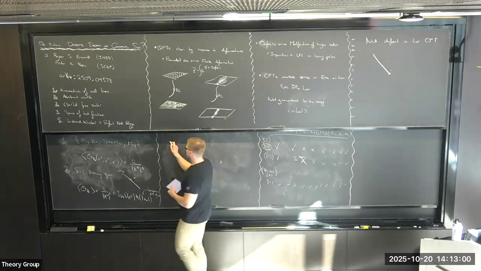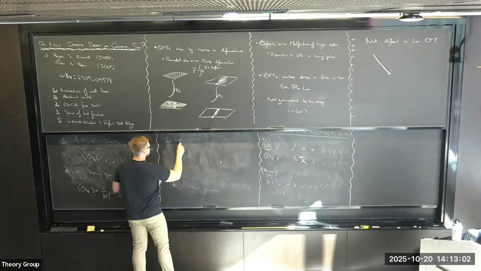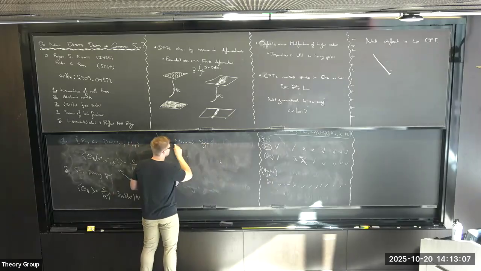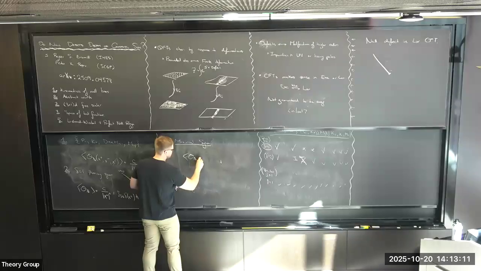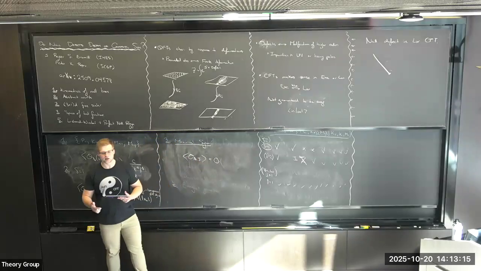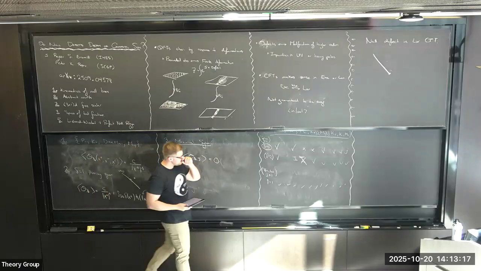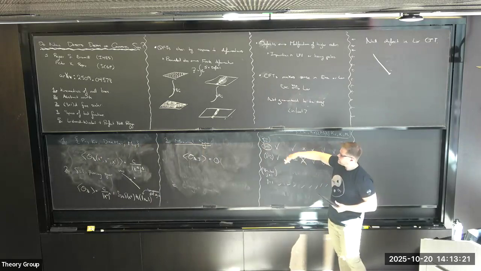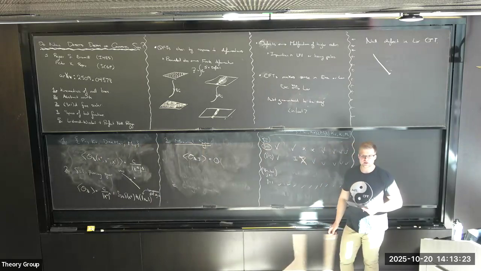Then we could do one more example. You could say, what about this maximal, right? That's the most interesting one. Maximal symmetry. And for maximal symmetry, you find the following. You find that for any operator, spinning or not, the 1-point function must be 0. Contact terms, but 0. So that means that if you ever have a maximally symmetric null line, all of its 1-point functions must be 0.